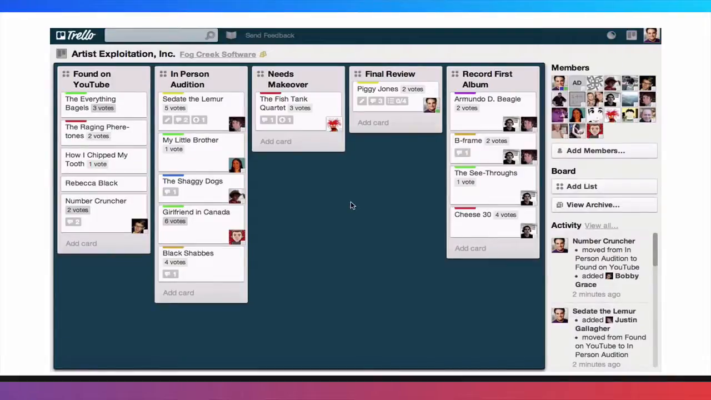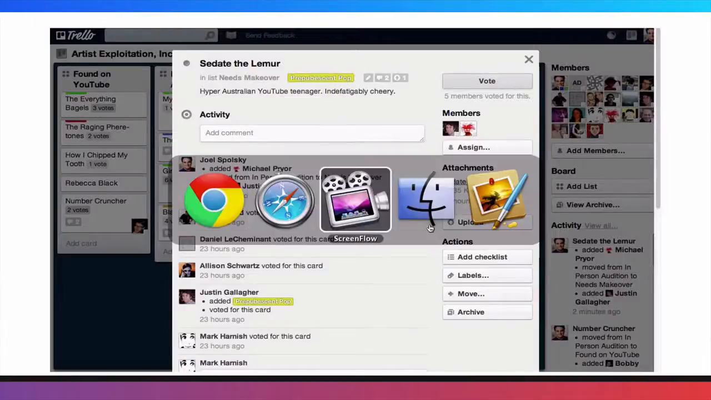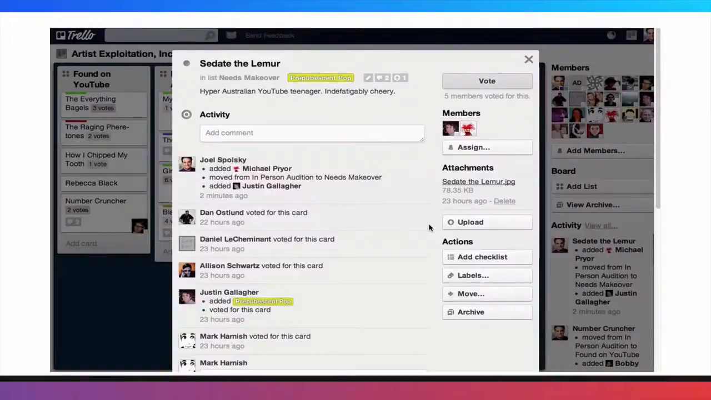All right, so Justin goes in, he does an audition of the Sedate the Lemmer band. He thinks they're really awesome. We're going to sign them up, and we send them over to the makeover department just by dragging them over here. And I'm going to assign our makeover artist, Michael, to work on that. Michael is going to actually just draw a little image of what he thinks the band should look like. There's his drawing, and upload this